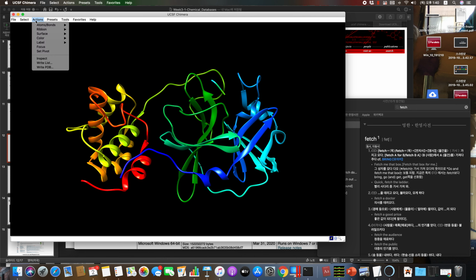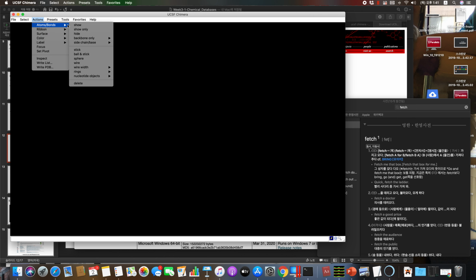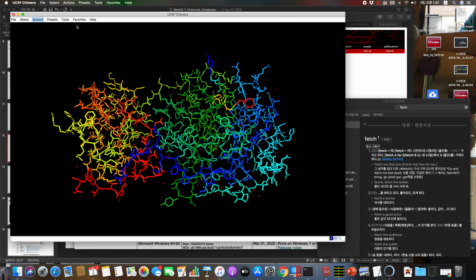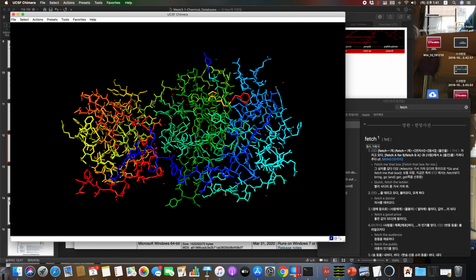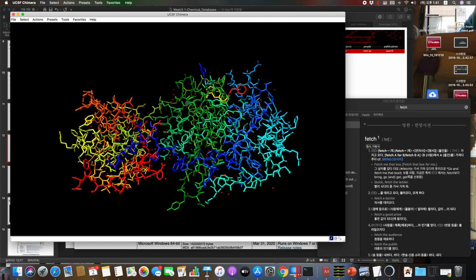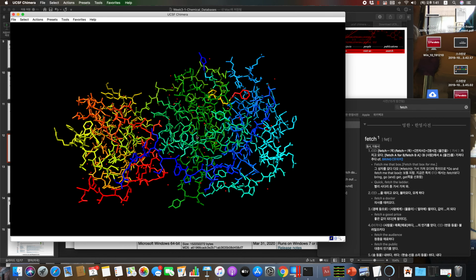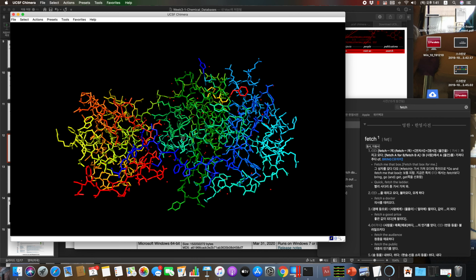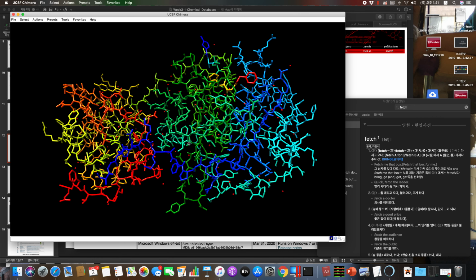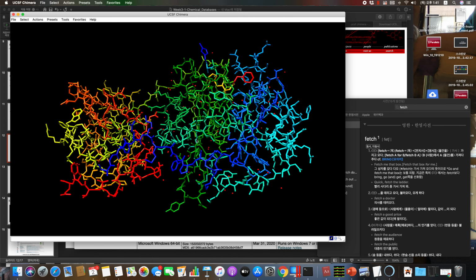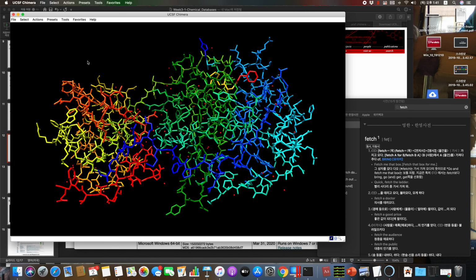If you go to ribbon and hide ribbon, and then show atoms, these are all showing atoms. It's really hard to see which atom is which, so in order to see it by element,